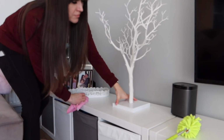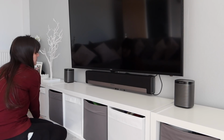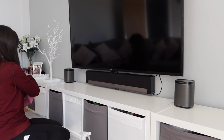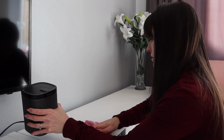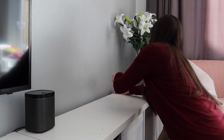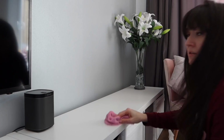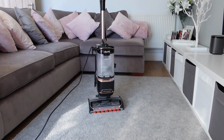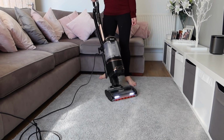I use my microwave minutes, and sometimes I'll just grab a cloth and do some dusting. So even if I'm not doing a clean, because in these videos that you see me do, it's when I am cleaning, if that makes sense. But most of the cleaning I tend to do is like, I've got 5 minutes, I'm grabbing a cloth, I'm just going to wipe around the lounge for 5 minutes. So even in between these bigger cleans that I do, I wipe around and dust and things,